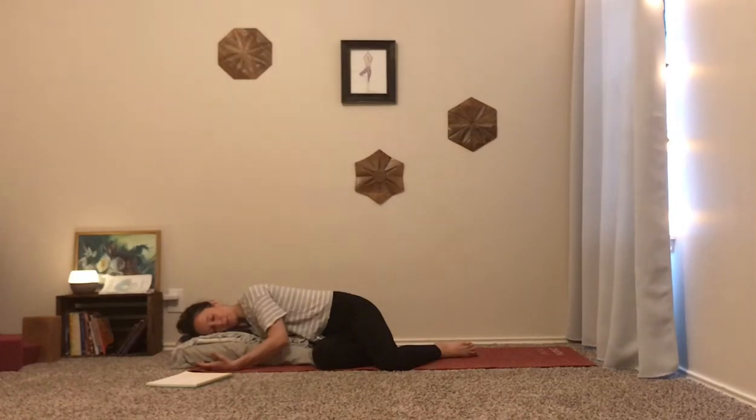Stay really present to your breath, to your body, or to anything else that is happening right here, right now, in the room with you. See if you can surrender even more to the pillow, to your blanket. Just allow all of your weight